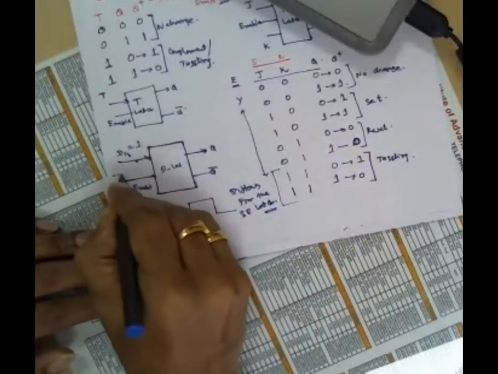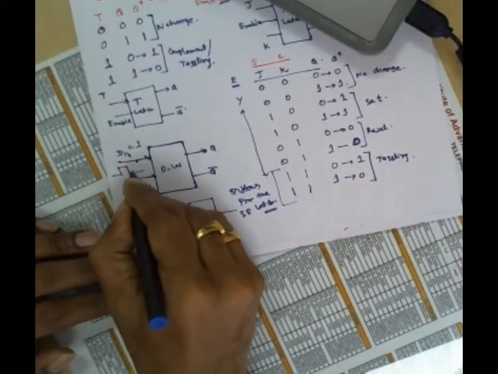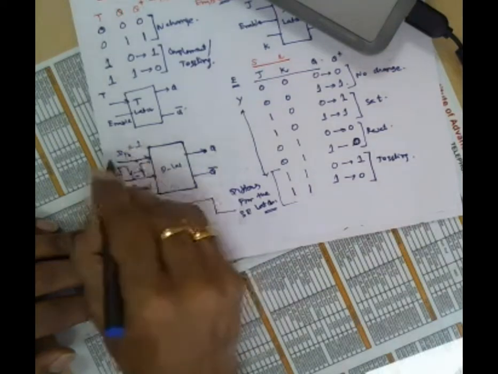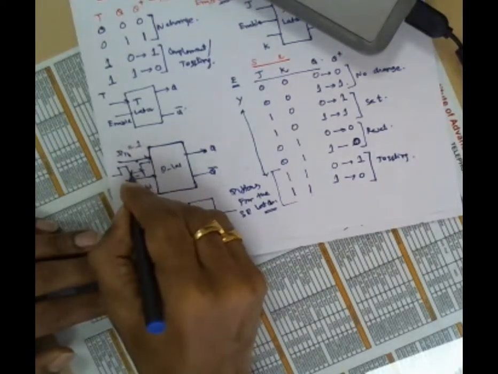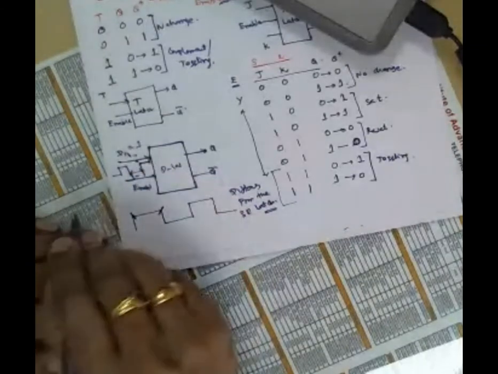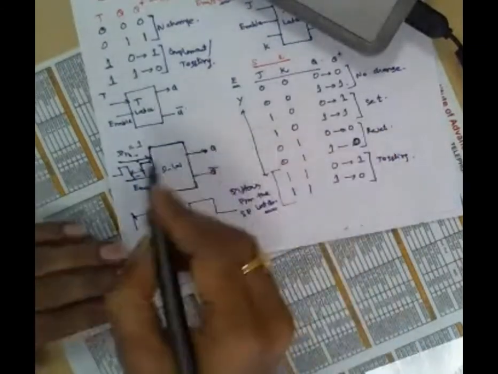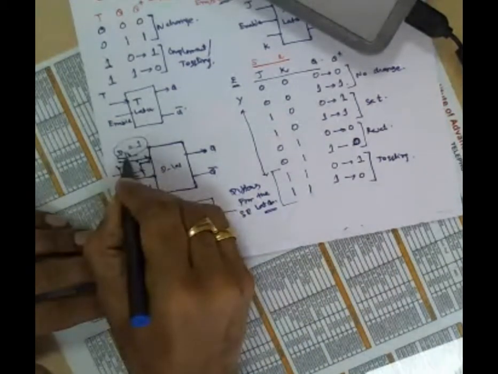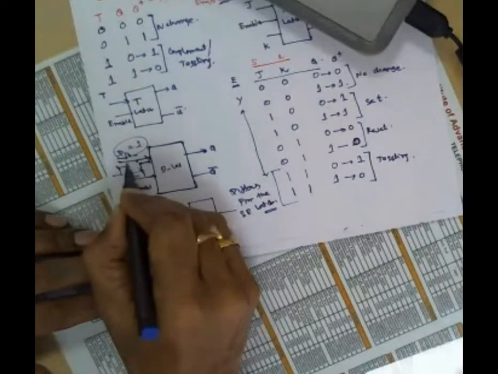Then I will bring the enable. I applied the 1. I am bringing the enable, I am disabling here now. Again, I will apply another input, assuming that during this time the new input has come into this line. Then I am again enabling. Suppose during this time I enabled this circuit in order to perform this operation, but as long as the enable pin is 1, any change happened in the D in will be reflected in the circuits, and that is basically the level based trigger, not the edge based trigger.